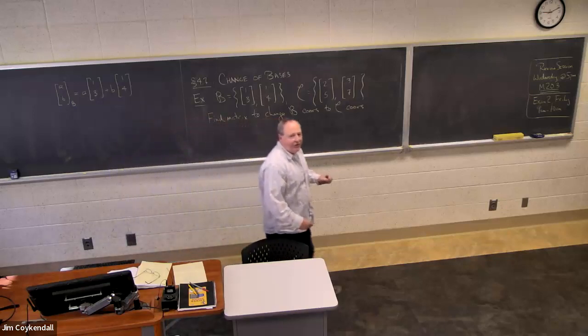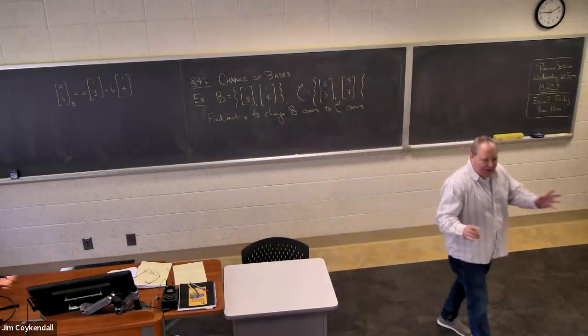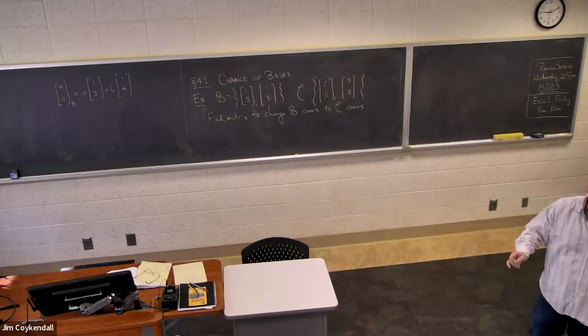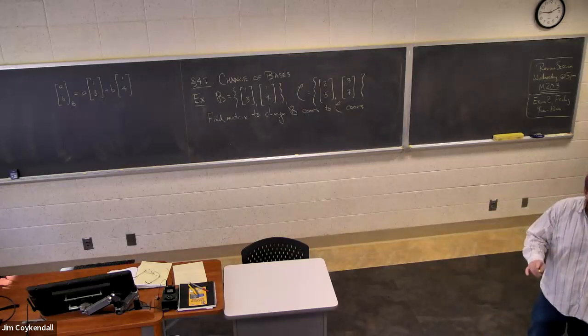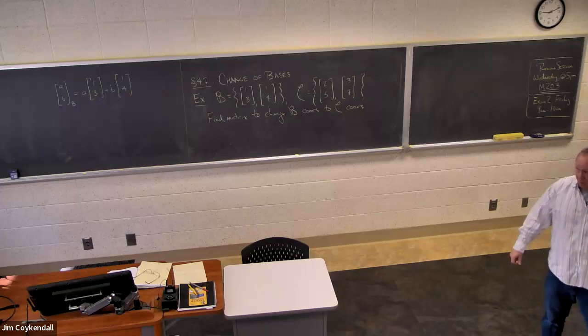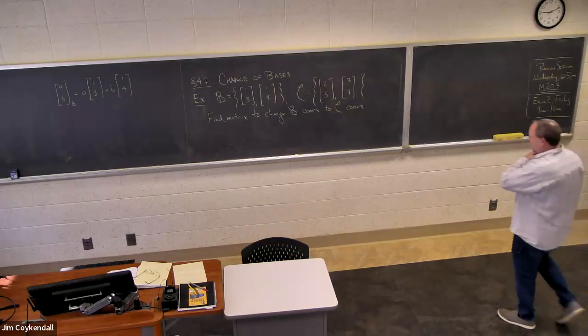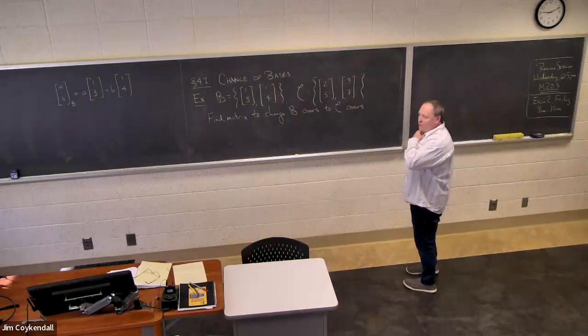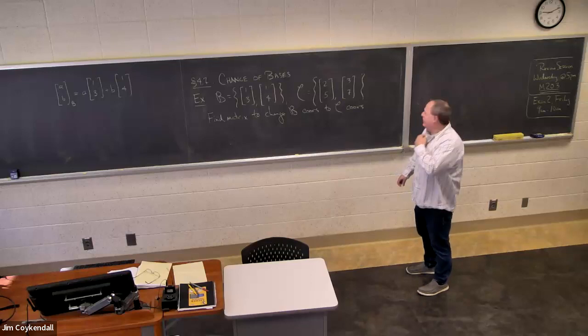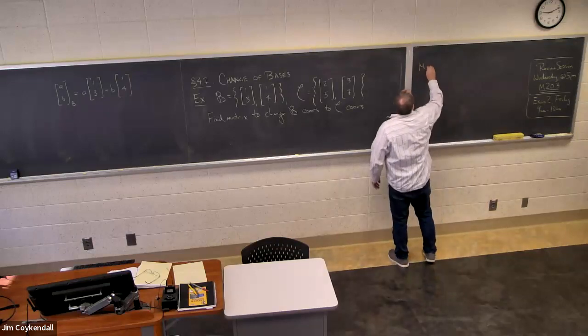I want to emphasize to you that once I get this gobbledygook matrix, I can check it. That's a great thing about math, and I'll show you how we check it. Well, one way to do it is